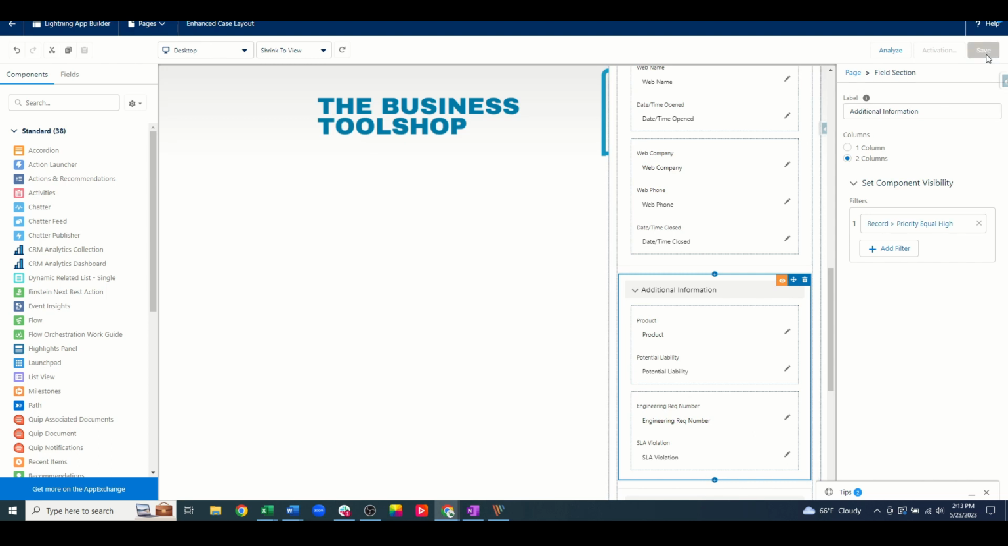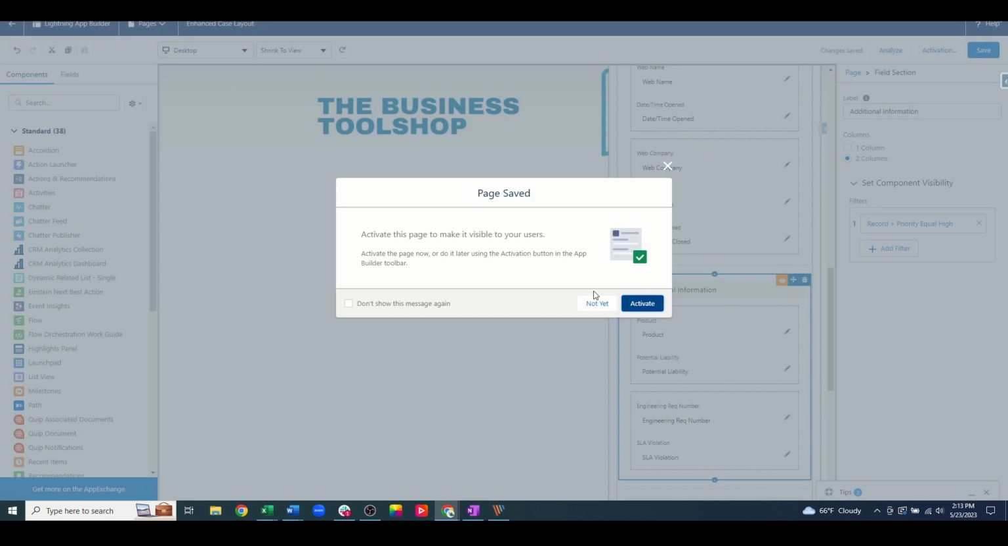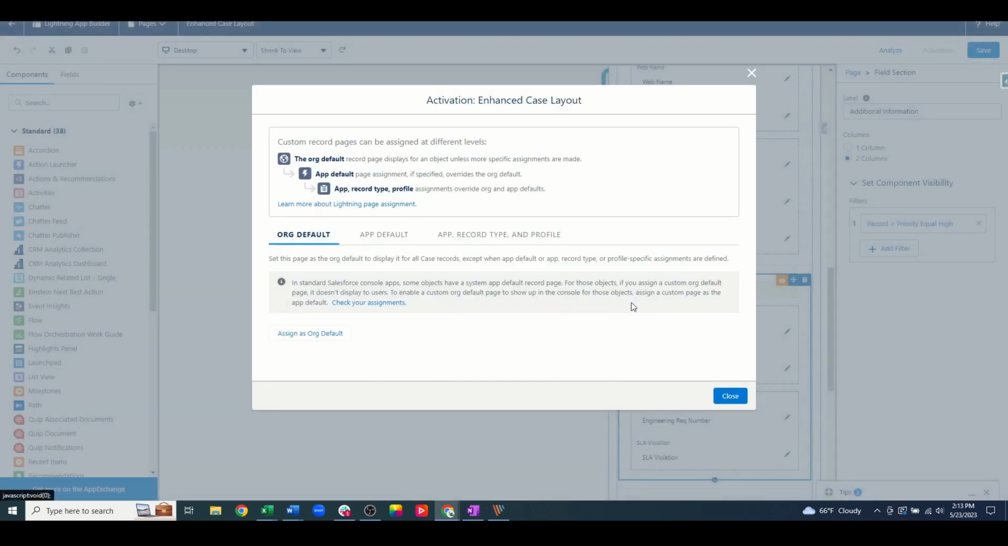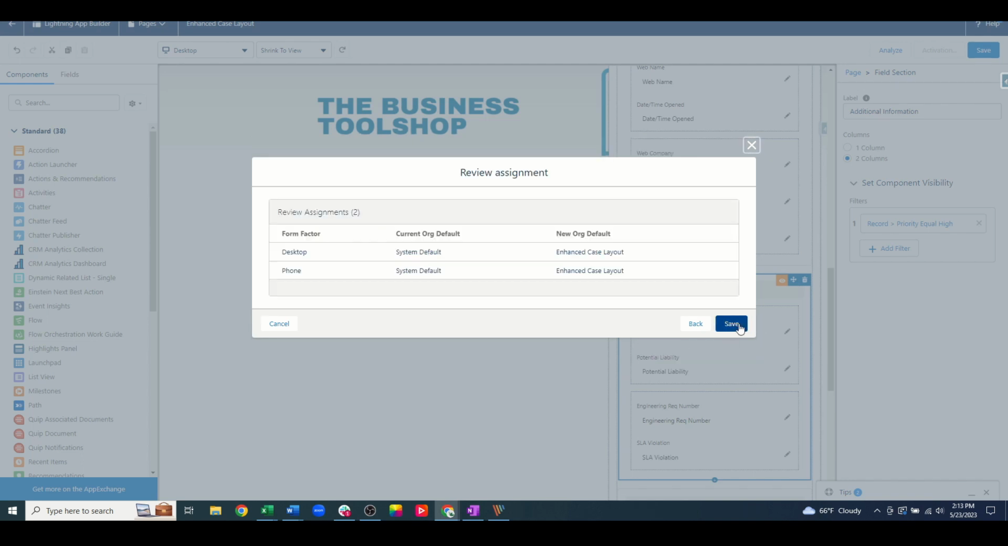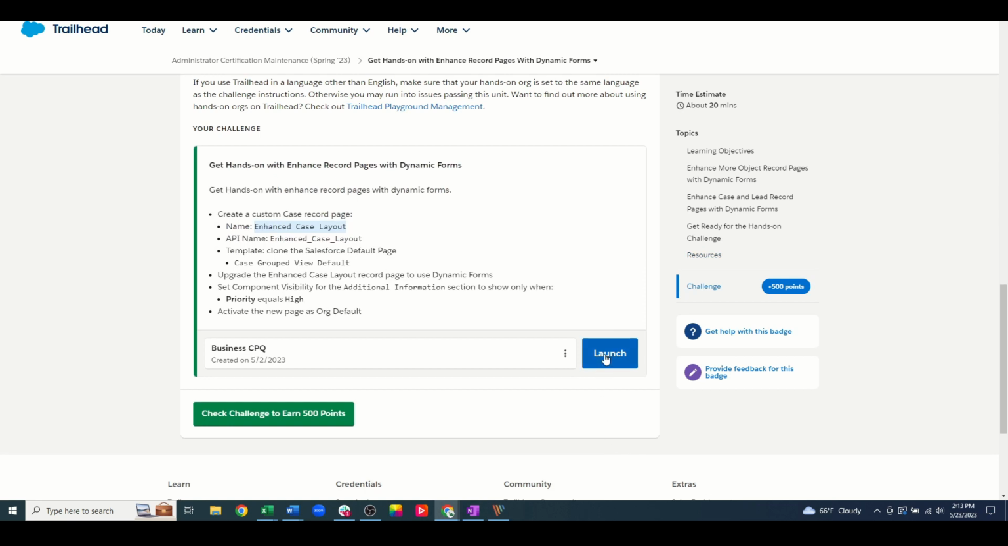A pop-up will appear for you to now activate your layout. Click Activate to do so. You should then get another pop-up asking you to assign it as the org default. For this exercise, click the button to do so. Select Desktop and Mobile, then Next. Lastly, click Save. Now that everything has been set up, let's go back to our Trailhead module and click the